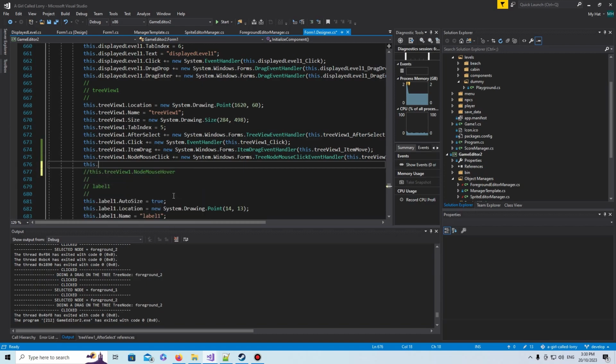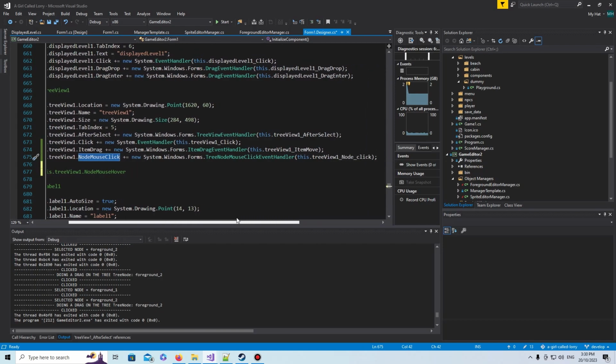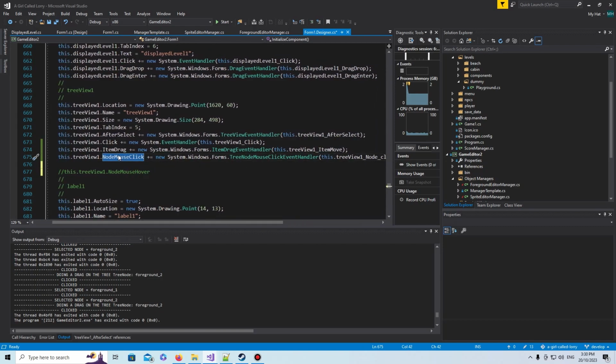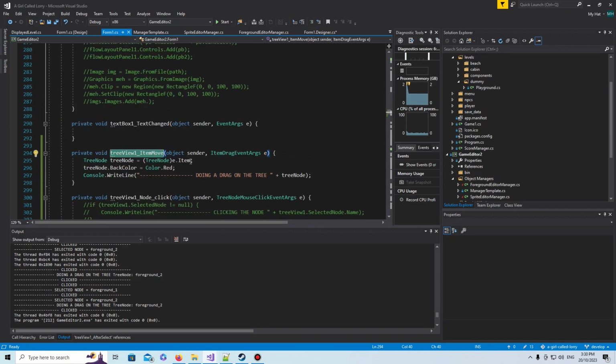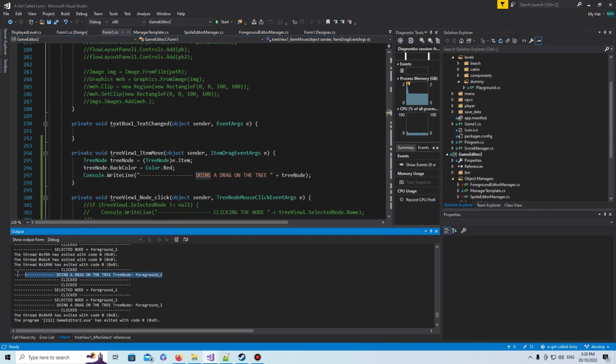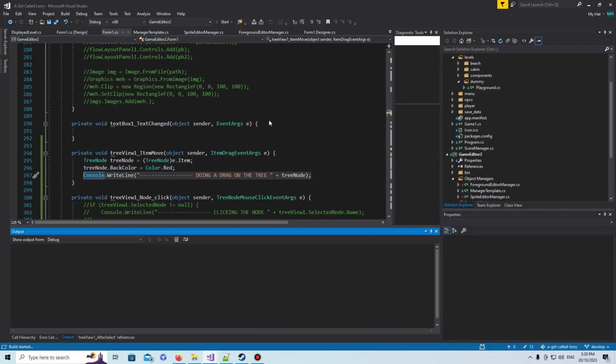So we get the tree. What I'm gonna do is I've got some events here. I've got a node mouse click event. So when I click on the node, we have this event that gets fired, and we have this item drag event here. If I go to this event here, this activates essentially whenever I hold down left mouse button and move the node, I guess you could say. So kind of click and drag. We've got an item move, and I've got just something displaying to the log here. You can see the event is fired down here because it's equivalent to this piece of code that I've written here. If I run the application,